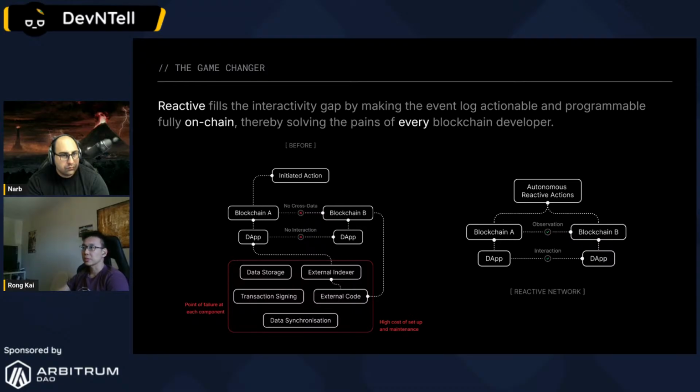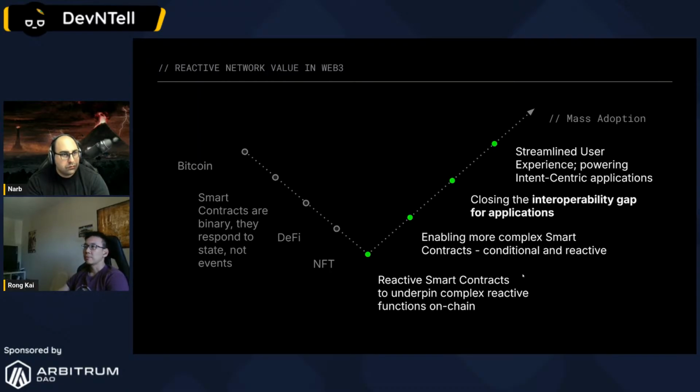Reactive Network actually solves this for all of these kinds of use cases. The value we want to bring is basically this. We're going to reach a stage where reactive smart contracts will underpin the complex reactive functions on-chain. Because right now, if you're building a Web3 dApp,